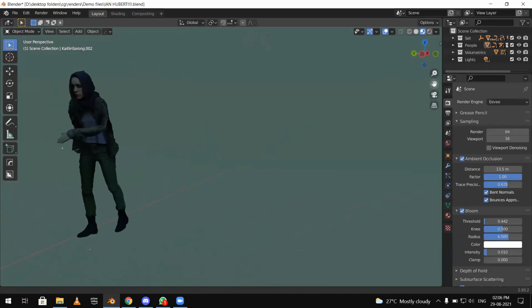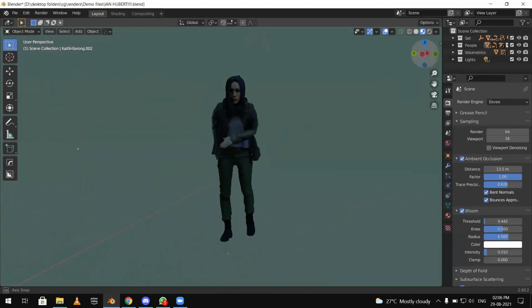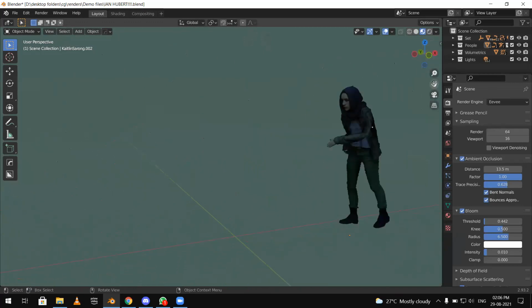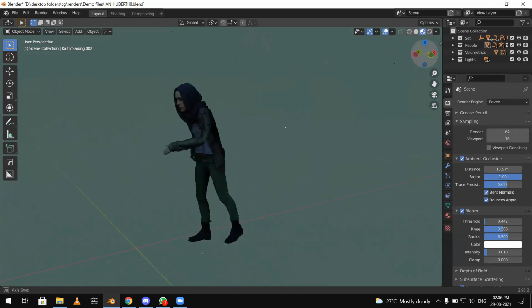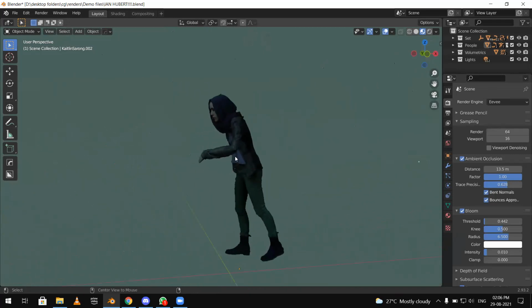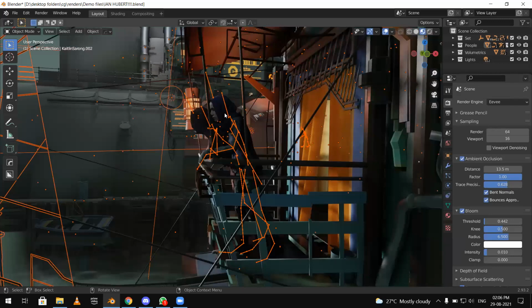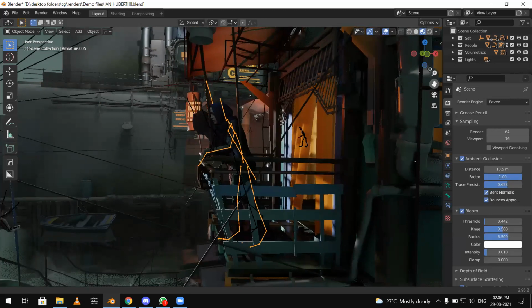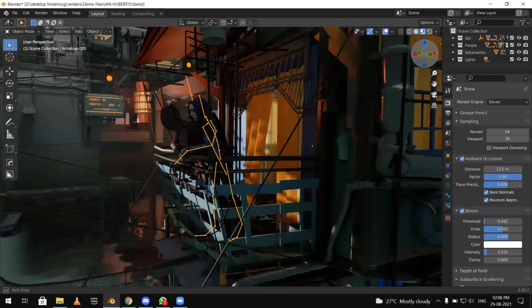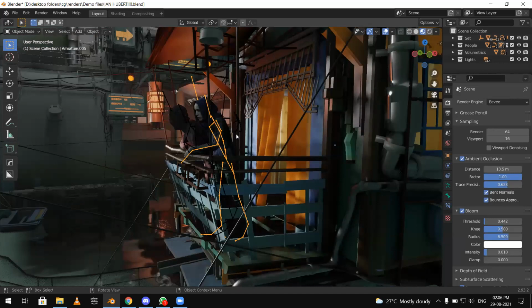This is relatively easy to make with Blender. It looks very real and it is real, and it is pre-equipped with all things like its own armature and bone structure. As you can see, if I select this wireframe that you can see, these lines, these sticks, these are called the bone structure, which I will teach you in today's session. Using this, we can rig different models to move as we want.